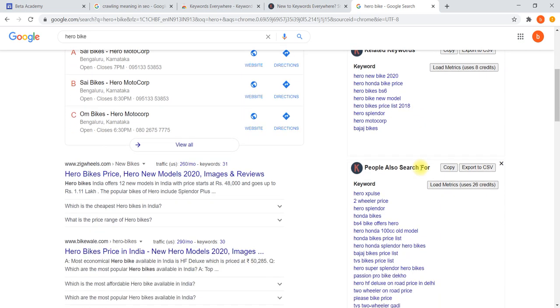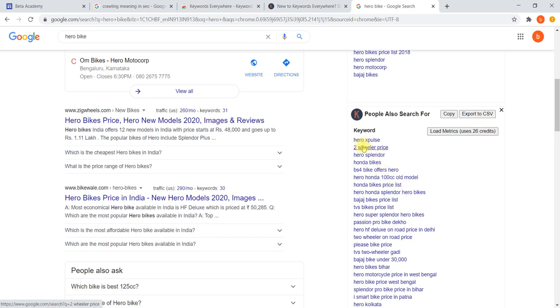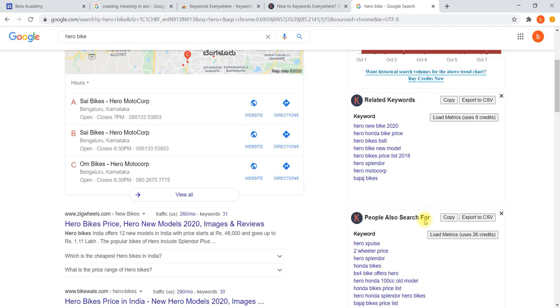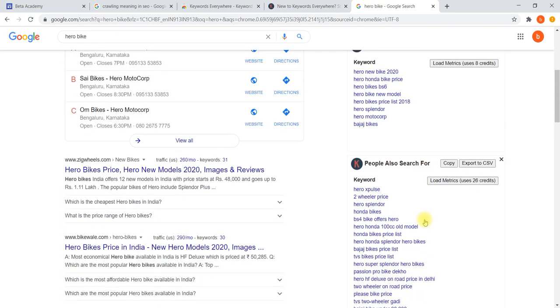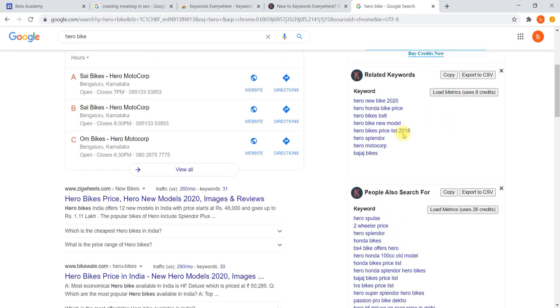Then here, people also search for other keywords, apart from hero, like Honda bikes, two-wheeler price, hero HF Deluxe. These are the other things they have searched for in Google, so that you get to know the details of a particular keyword.